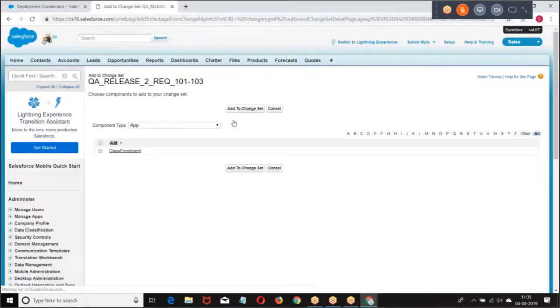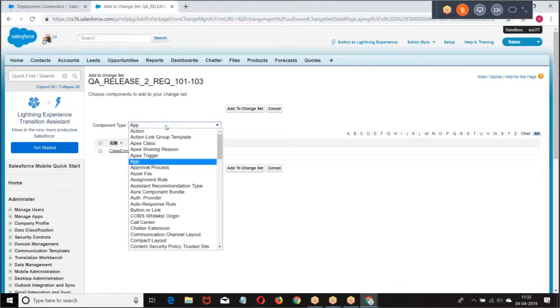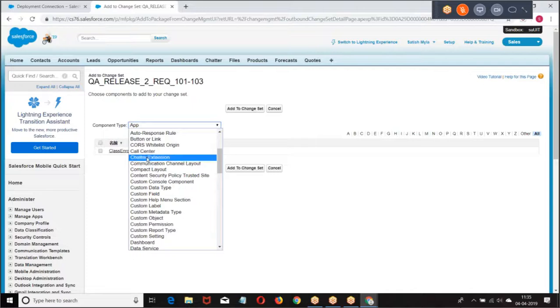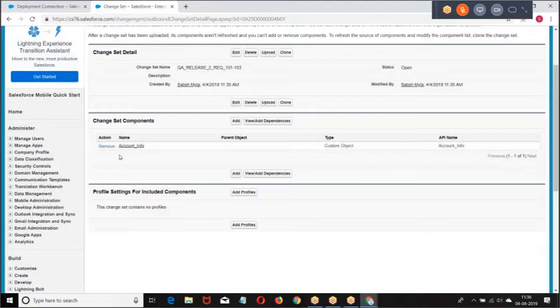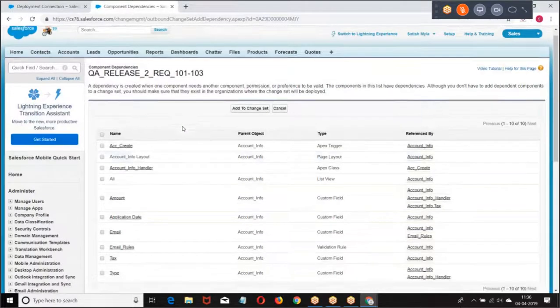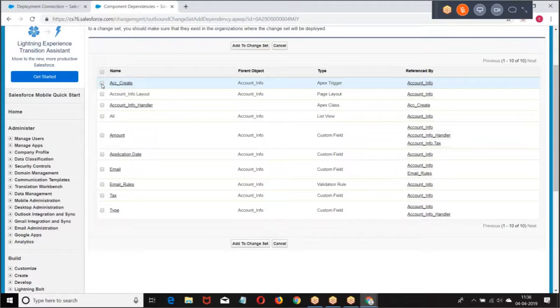Add. I will go with the objects first. Account info, add the object. Now we have view dependencies. Every component should be added separately: account info, trigger, page layout, Apex class.